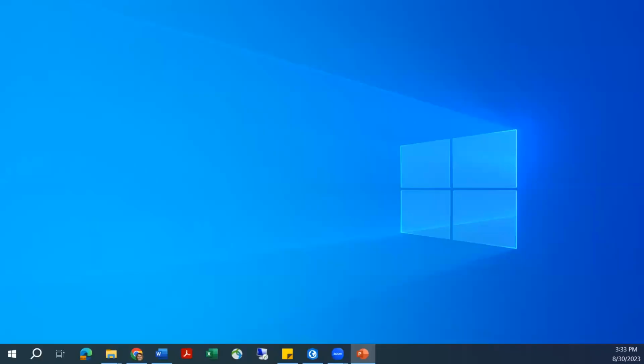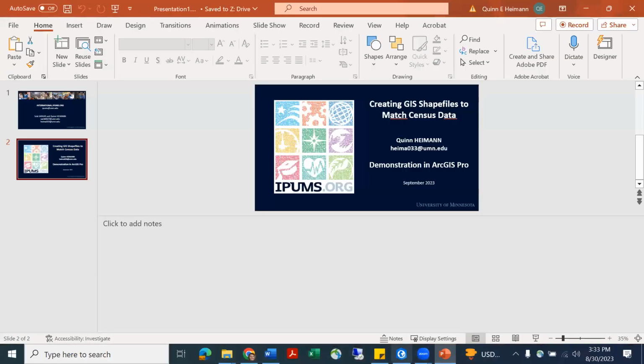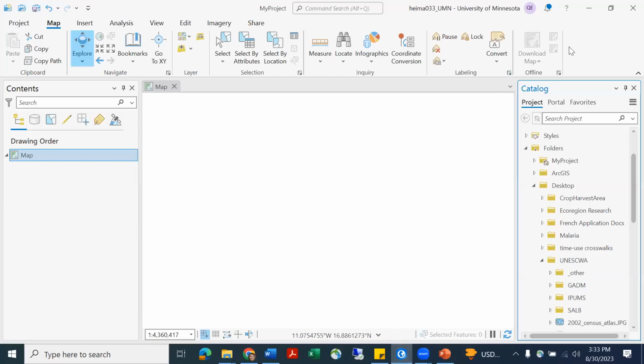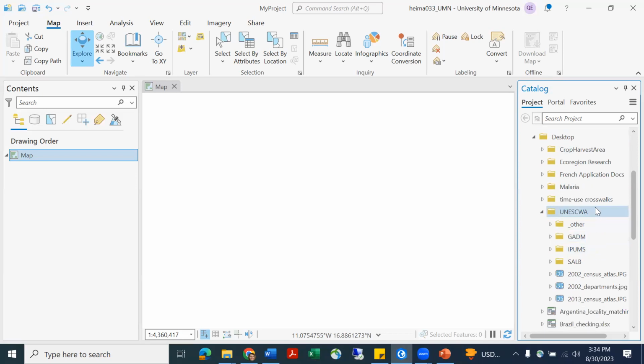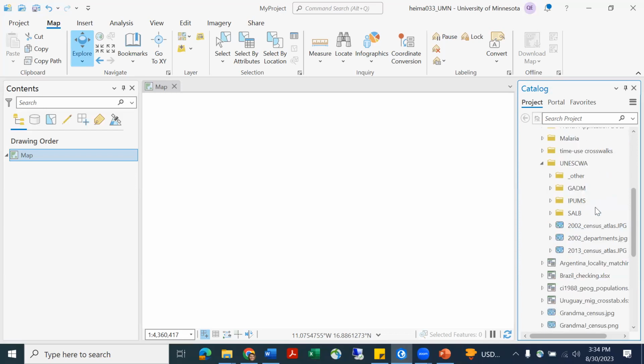So the first step is opening the program itself. And this is what the base program looks like, opened with nothing in it. The left-hand side will be showing all layers, which are the individual files added to the map. And on the right-hand side, we can see the catalog pane, which is the data sources for all of these different files. As my colleague Shula pointed out in her presentation,